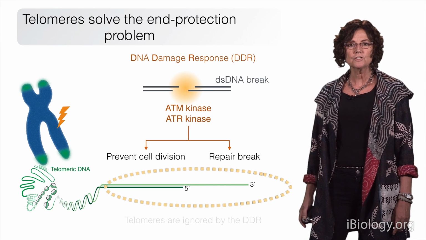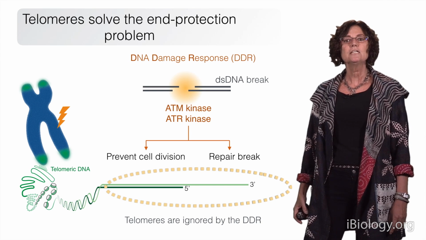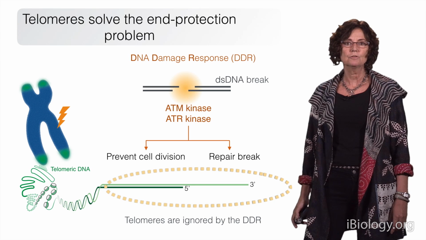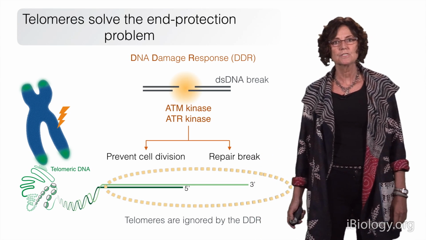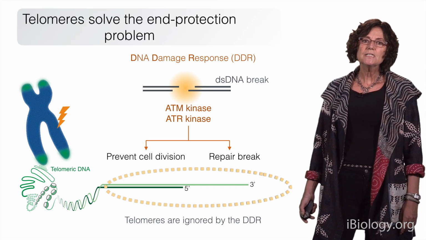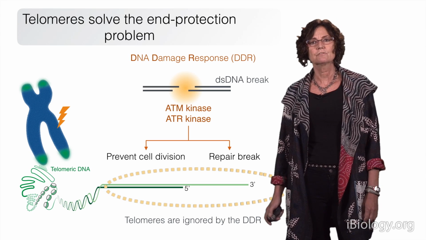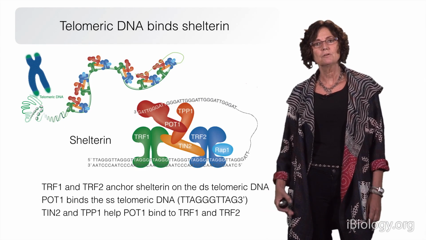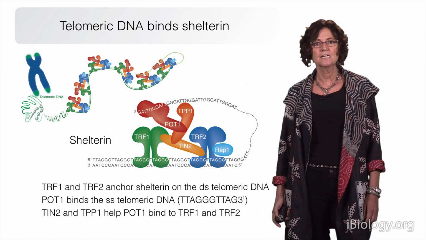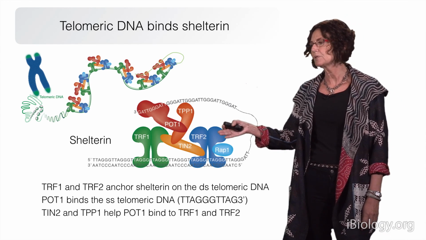So the main function of telomeres, the essential function of telomeres, is to make sure that they are ignored by the DNA damage response. So how do telomeres do this? Well, the telomeric DNA itself doesn't do very much. It's not good at repressing the DNA damage response. It needs to function by recruiting onto the telomeric DNA a protein complex that we've called Shelterin, because it shelters